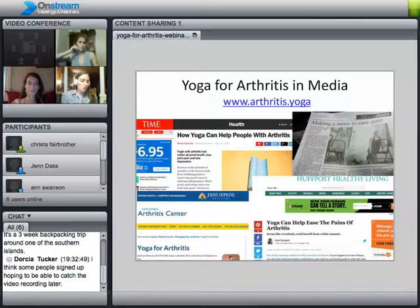One, for yoga teachers trained at the 200 level or the 500 level or more, yoga teachers of any kind are going to find that they're faced with students who are experiencing arthritis, whether it's a beginner class or an advanced class, a gentle class, a seniors class. There will be people in your classes who have arthritis. So attending this training can be a way to just feel a little bit more comfortable and more equipped to handle